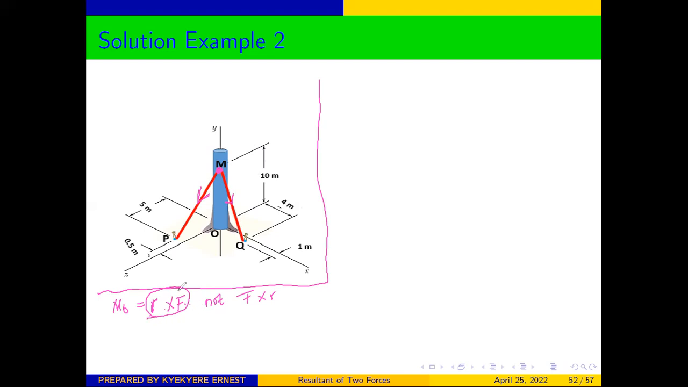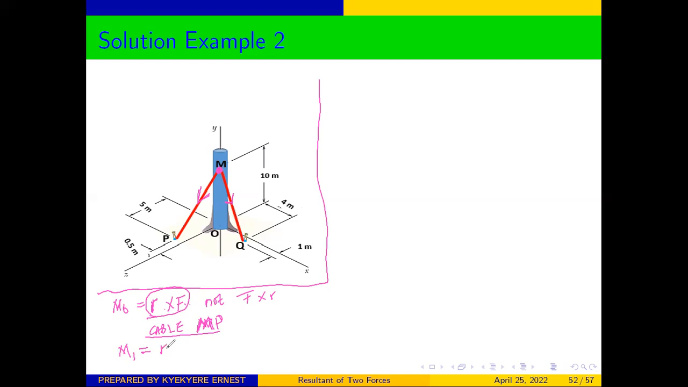Good. So now let's consider the cables one after the other. Let's first of all look at cable PM. Let's rather write it as MP because our focus is at point M, so our force will be moving from M to P. So the moment for cable MP will be equal to, we are taking our moment at O,